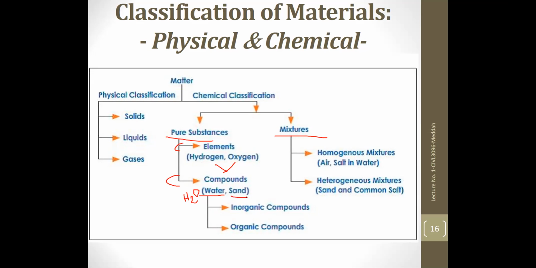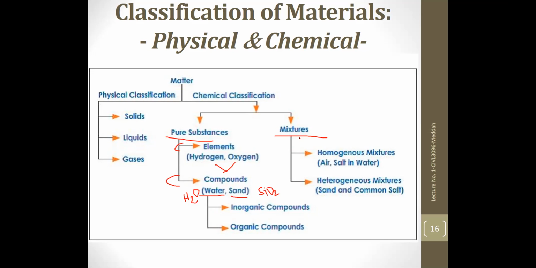Also sand. If you look at the sand, sand is formed by different minerals like silica, and mostly is dominated by silica. It depends on the type of sand, but most of the sand are siliceous sand, which is formed by silica, SiO2. But you can find, of course, other minor elements. So this is why sand is one compound, but at the same time it is classified as pure substance.